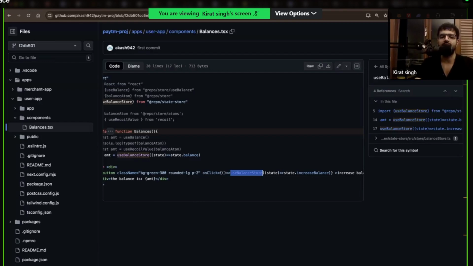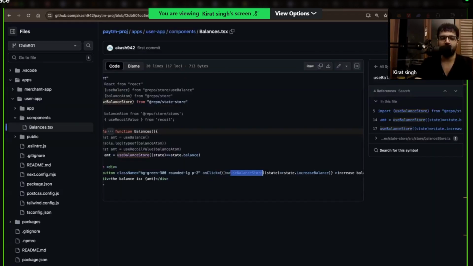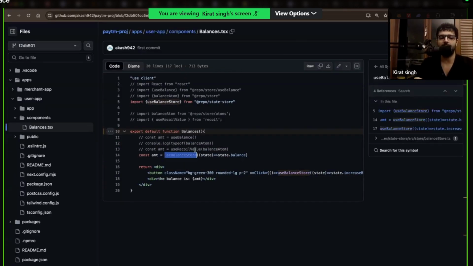That is exactly what the error over here is also telling you. Hooks can only be used inside the body of a functional component. You are using the hook inside the functional component here, but यहाँ पे this hook is not being used inside this functional component. It's being used inside this native function, which is why this error is coming.